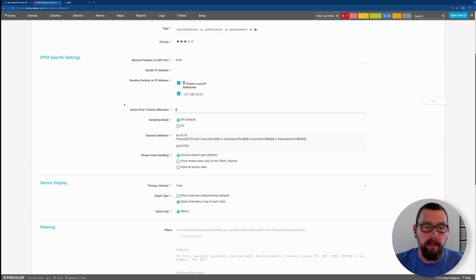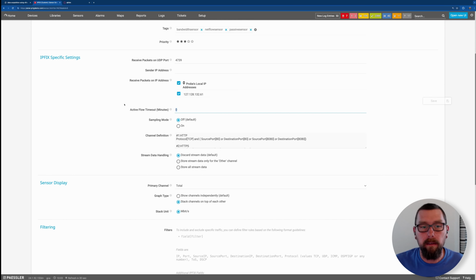It convolutes the timestamps and the actual graphs of when flows and data are coming in. So typically what you really want to do is set an active flow timeout of, say, 2 or 3 minutes on the device, and then 4 or 5 minutes on PRTG. You want to have the PRTG active flow timeout a little bit higher than on the device, just in case